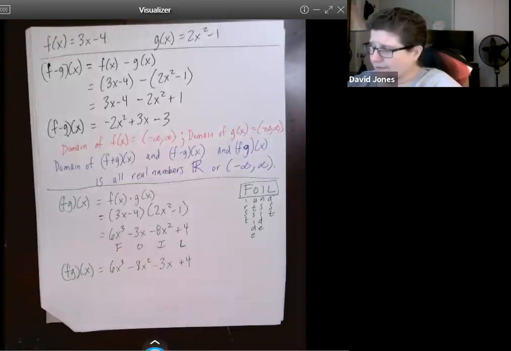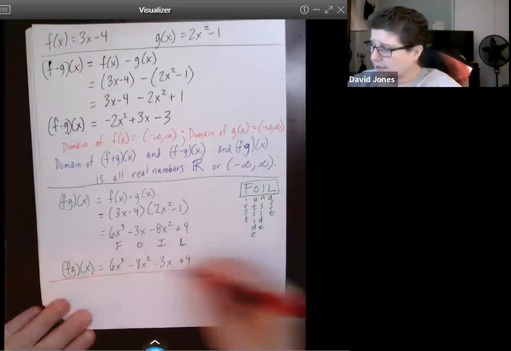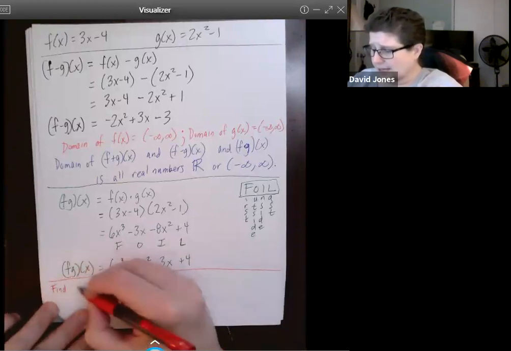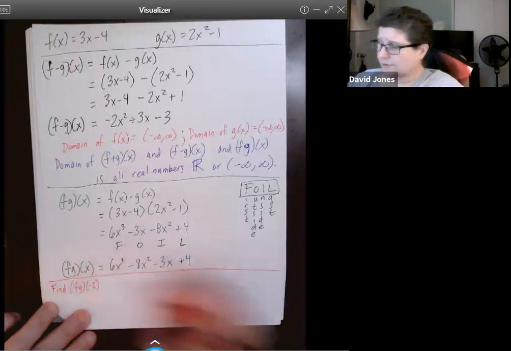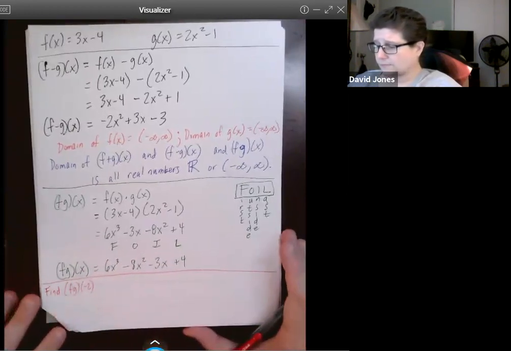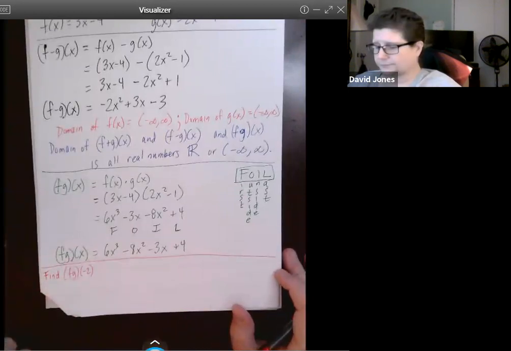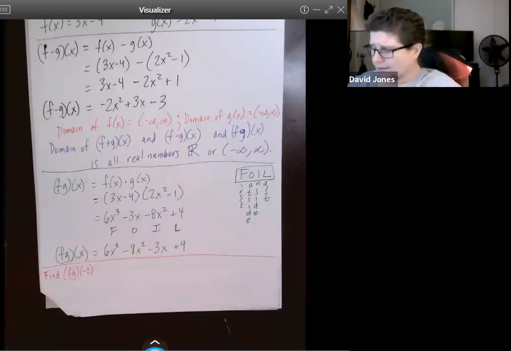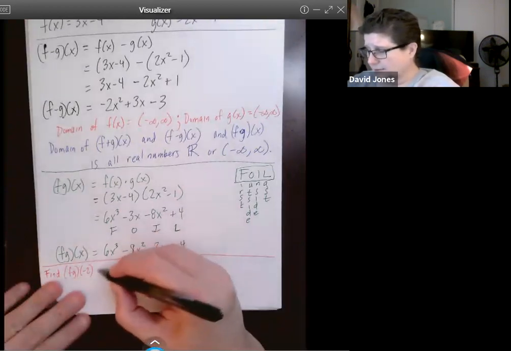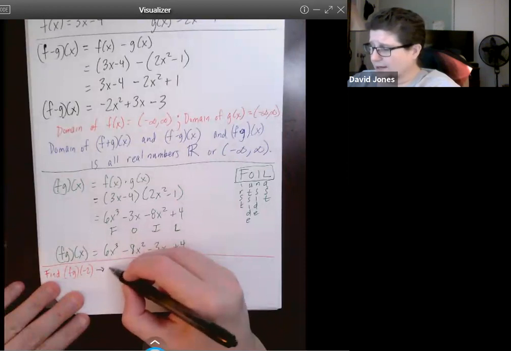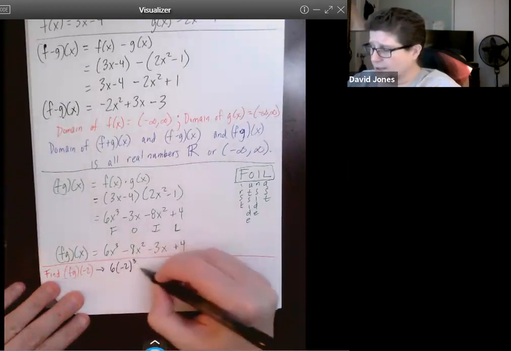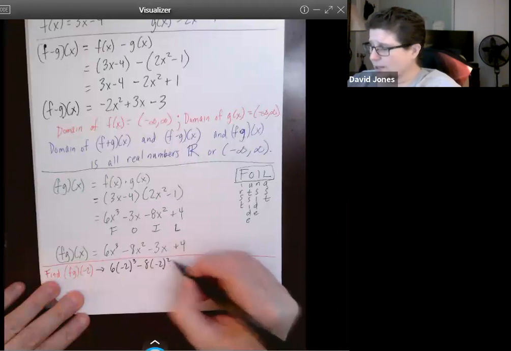Now, if I asked you to evaluate this at, let's say, -2, let's give you some practice. In fact, I want you to do that. Find fg at -2. Pause it and go ahead and work that out. If I do it right here, fg of -2, I've got 6 times -2 cubed minus 8 times -2 squared